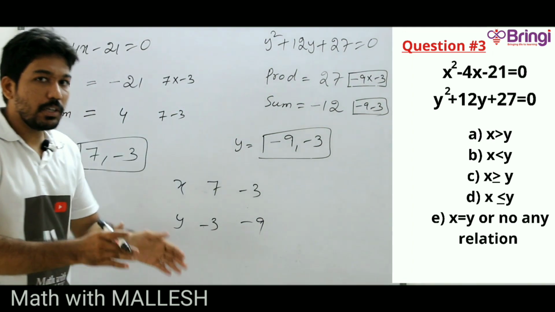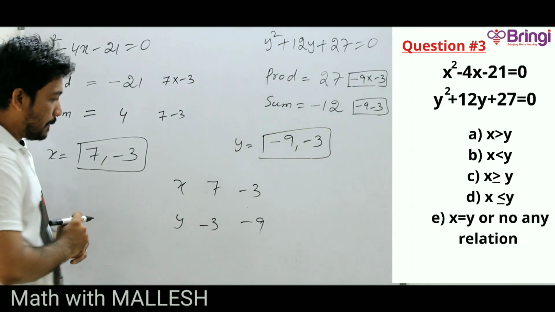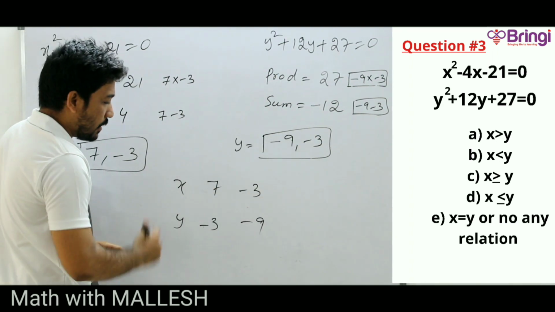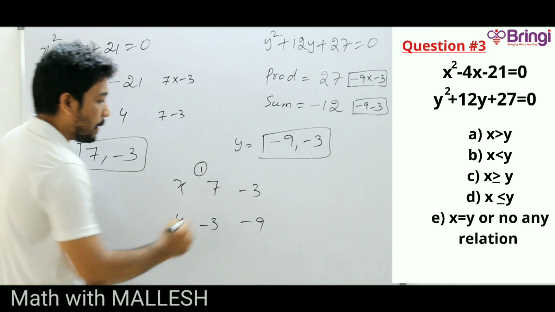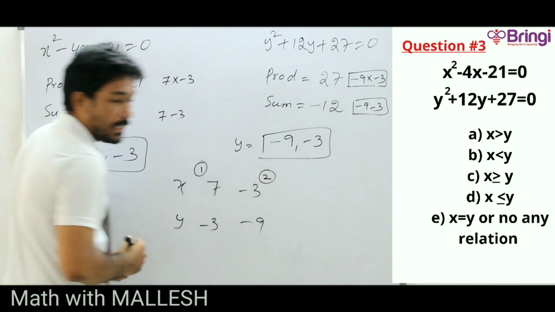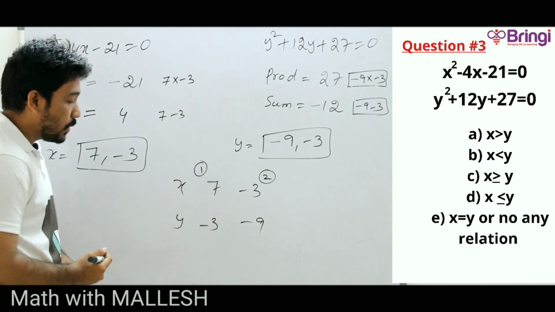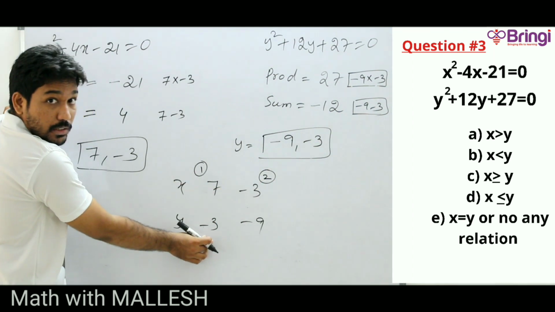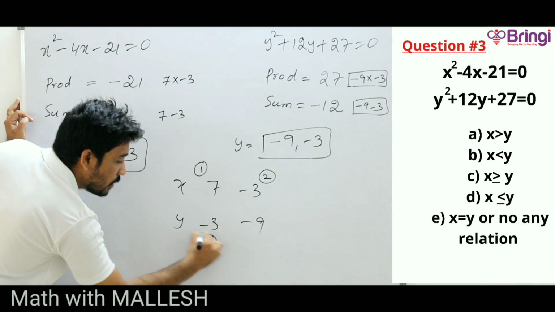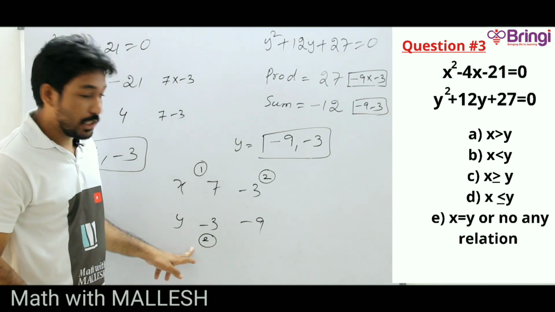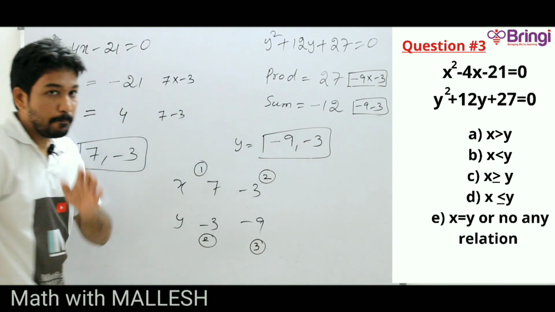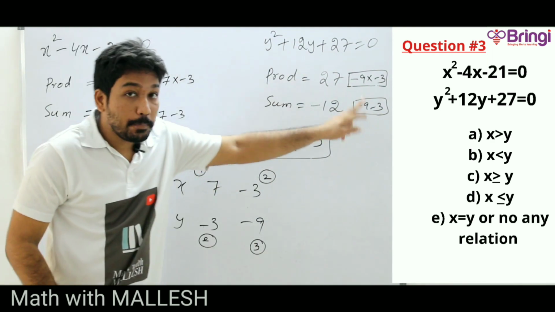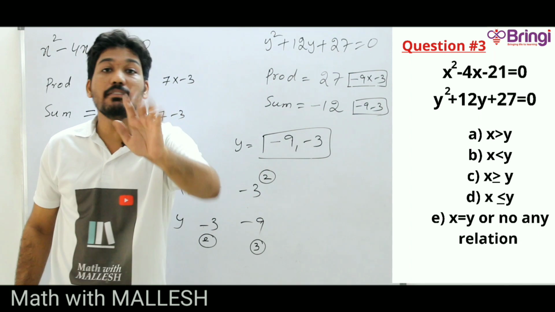80% work completed. Now the remaining part is rankings. In this, what is the big number? I think 7. And what is the next big number? Minus 3. The position of minus 3 is 2. And this also is the same number, so this also will occupy position 2. And what is the least position? 3. See, in this condition, option 3 or option 4 will work.